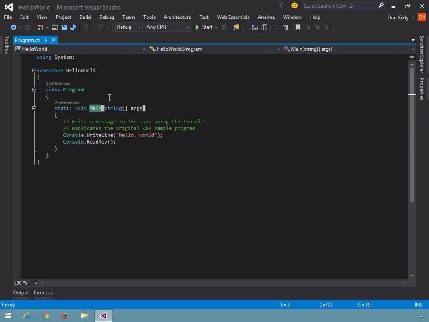Then within the application, this is the body of the method that actually takes the actions that the main method performs. I have this console object. This class lets you interact with the user interface of the console or the command prompt where the program is running. And because the console object is contained within the System namespace within the .NET framework, the full name of console is system.console. Then I call a couple of methods of the console object. This is the WriteLine method. This writes to the output window, and the full name of WriteLine is